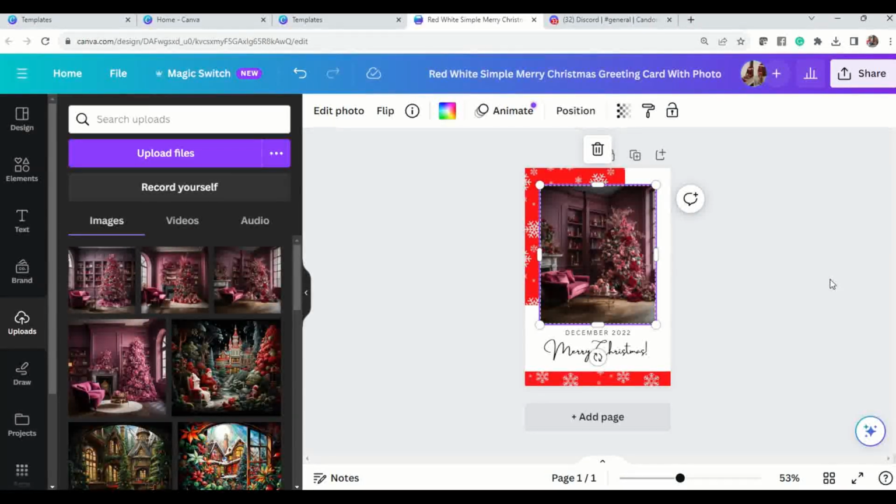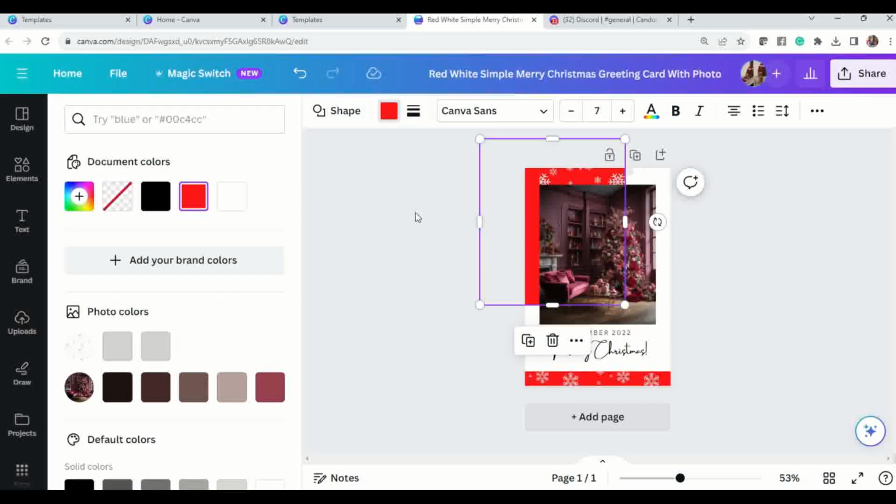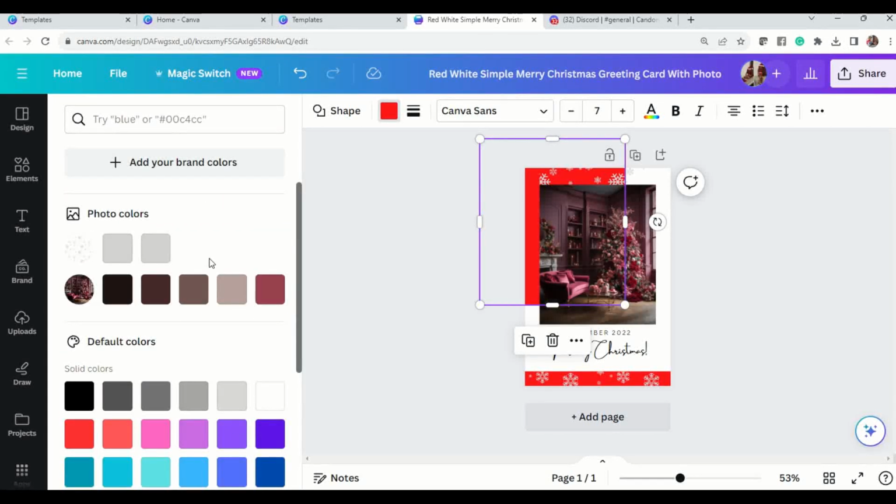Okay. So now that we have that image in, we are going to shift this snowflake over just a little bit to the right so that I can get to this red background. And I'm going to go to the right of shape and click on color. And I'm going to change that color. And I think I'm going to go with